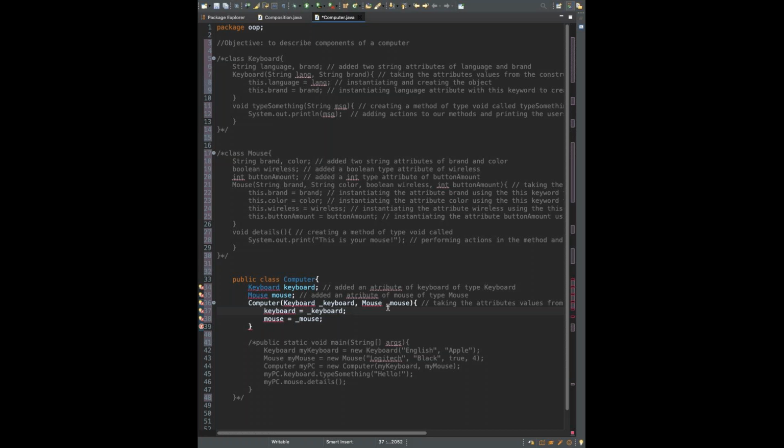And then finally, we're going to create the object. So creating the object keyboard, and then creating the object